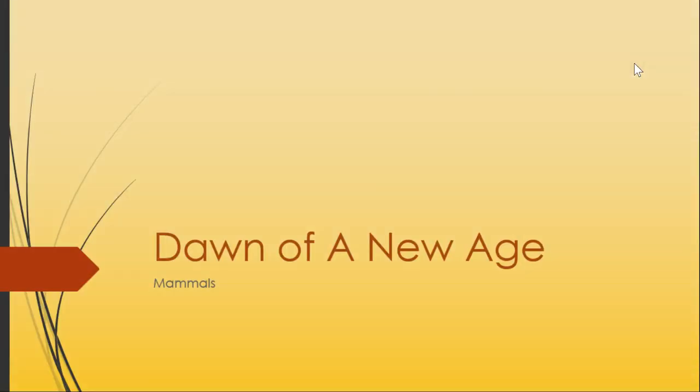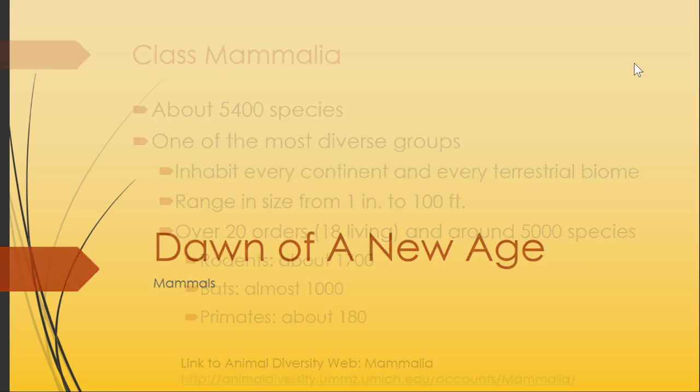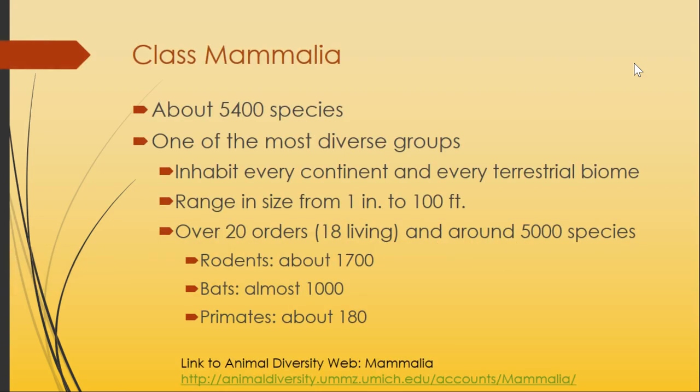Okay, so who is the last major successor of an extinction period? That would be mammals. Our last major extinction, 65 million years ago, gives rise to the age of mammals, class Mammalia. It's about 5,400 species. It's one of the most diverse groups because the continents are the most spread out that they've ever been. So we have lots and lots of different niches available. And it turns out that mammals pretty much are the dominant feature in most of those ecosystems.